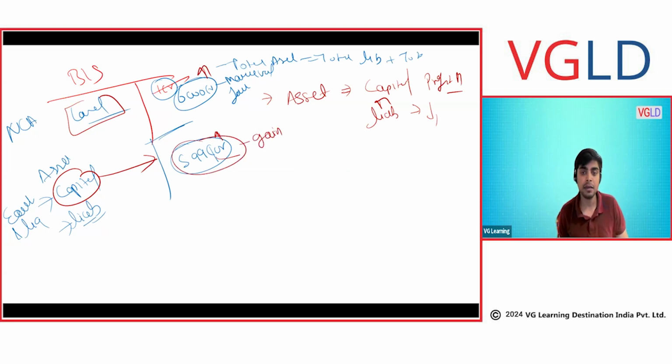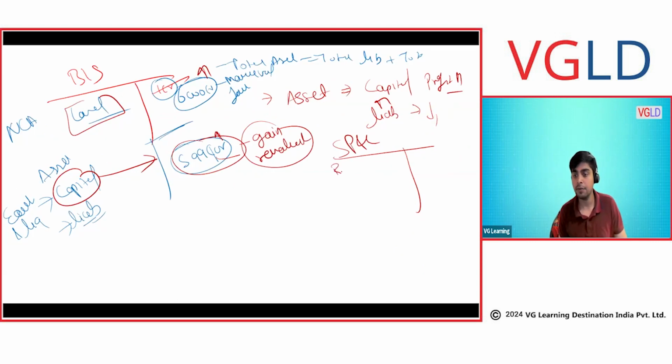This is a gain which is basically related to revaluation. When we will be creating the profit and loss statement of Mr. Mukesh Ambani, like we were discussing here, his revenue was 10,000 crore. His cost of goods sold was 6,000 crore. His gross profit was basically 4,000 crore. Now you will see that there will be a line, revaluation gain